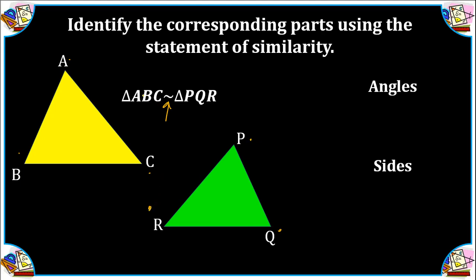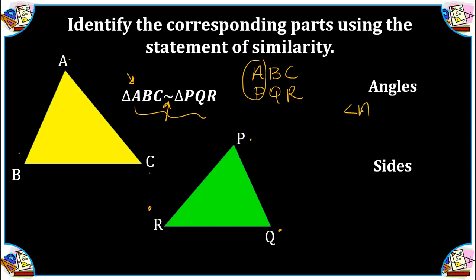So what I like to do is take my similarity statement and write it vertically. ABC is being compared to PQR. This way I can see the angles that line up are corresponding as well as the sides that line up are corresponding. So for example,